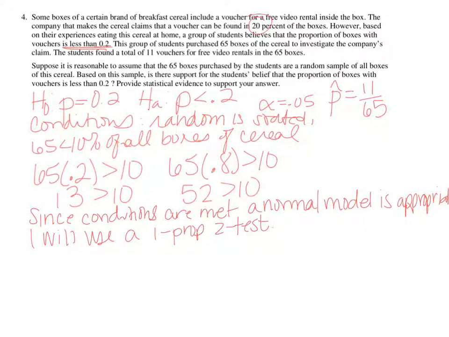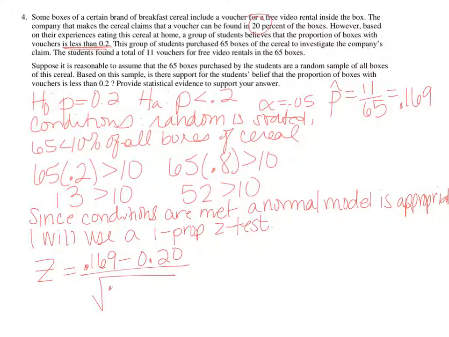And my formula for my z-score is my sample, let's find out what that is, 11 out of 65, 0.169. So 0.169, my sample, minus my hypothesis, 0.20, divided by,